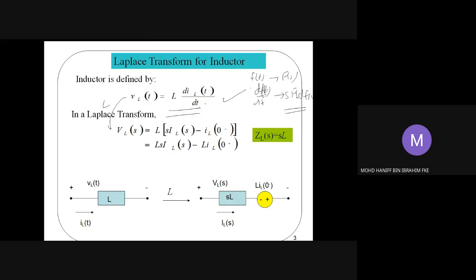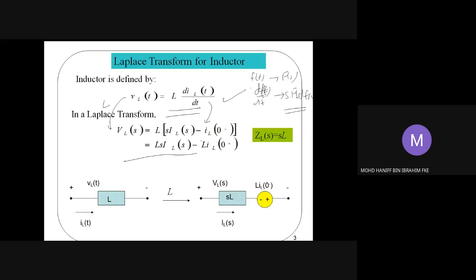So the di/dt is now written in this particular form. Okay, so we have sI(s) minus I(0-). Okay, this is a steady state value, right? The v_L(t) is written to be the V_L(s). Okay, right? So that should be the equation that gives us the voltage drop across the inductor in the S